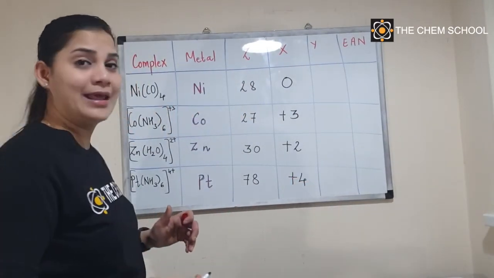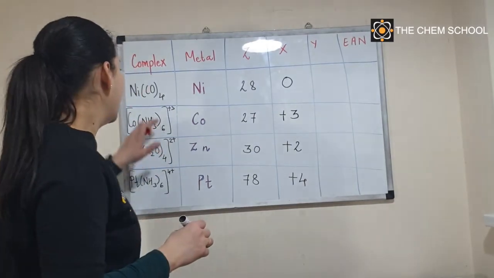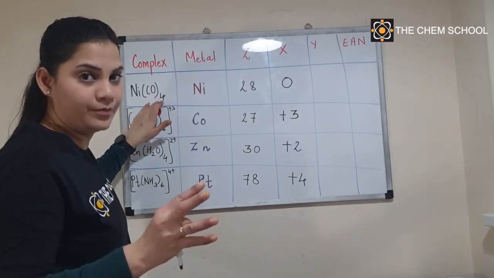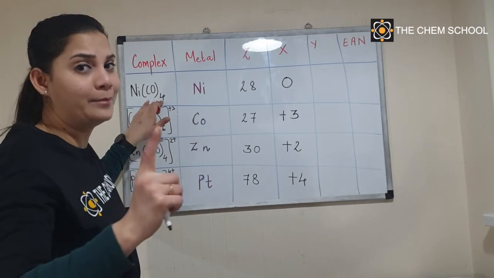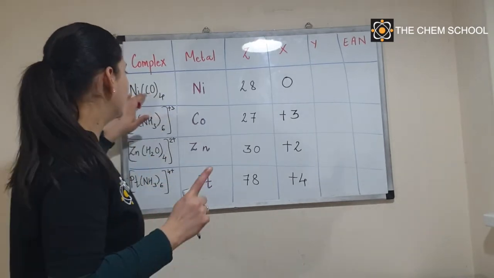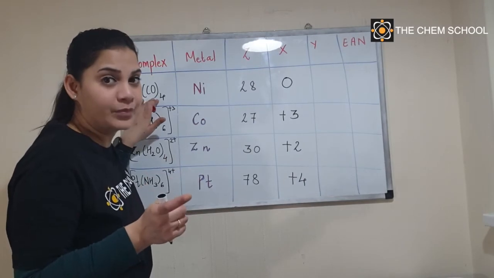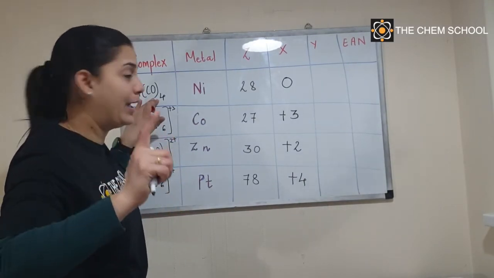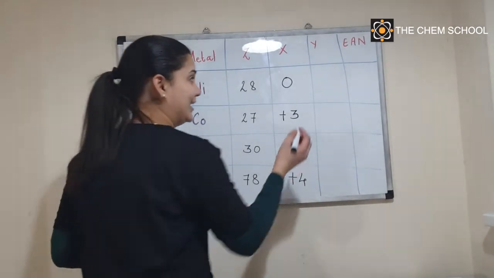Right? So for the next one, let's talk about the number of electrons given by the ligands. You can see carbon monoxide; how many carbon monoxide do you have? 4. And it is a monodentate ligand. Monodentate means it will donate only 1 pair of electrons, right? So if you have 4 carbon monoxide, how many pairs will come? 8. Each carbon monoxide will donate 1 pair, so 4 carbon monoxide will donate a total of 8 electrons.